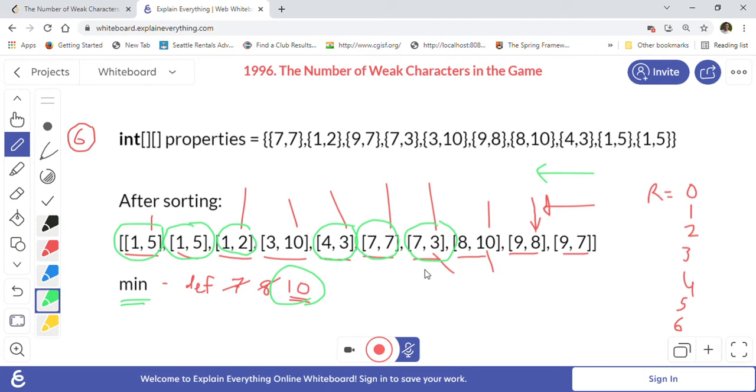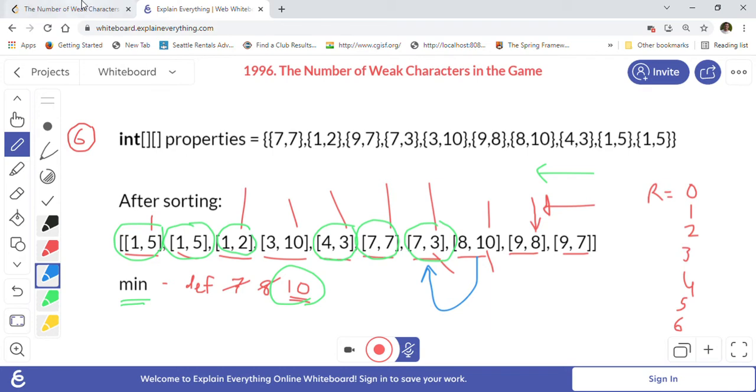then it assures that that pair is a weak pair because of the way the array is sorted, right? For example, here one more time I'll explain for you. So 8 comma 10 and 7 comma 3, when you take a look, when 3 is less than 10, then automatically this first one will be less than 8, right? Because that is how we are going to sort the array basically.